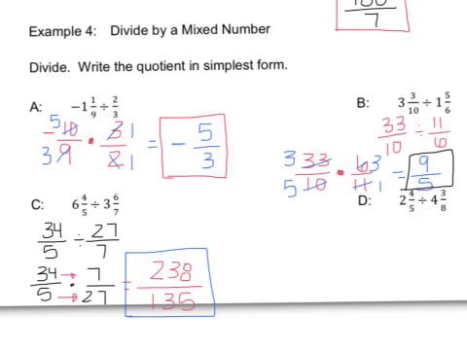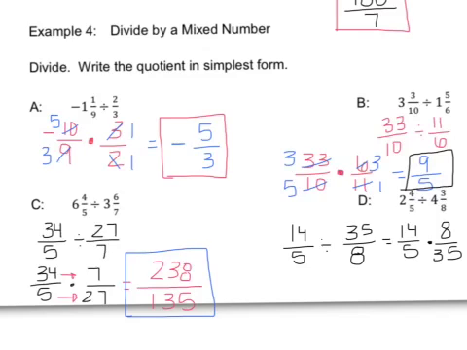All right, and then for D, you should have changed them both to improper fractions. So 5 times 2 is 10 plus 4, so we have 14 over 5. And 8 times 4 is 32, plus 3 is 35 over 8. Do your keep, change, flip. So we get 14 over 5 times 8 over 35. See if you can reduce at